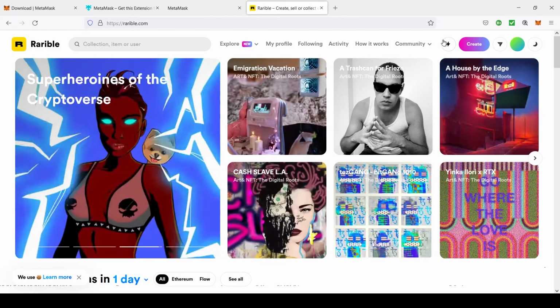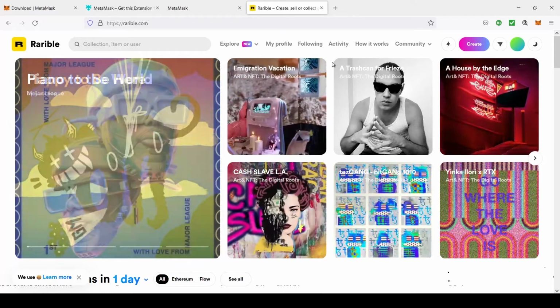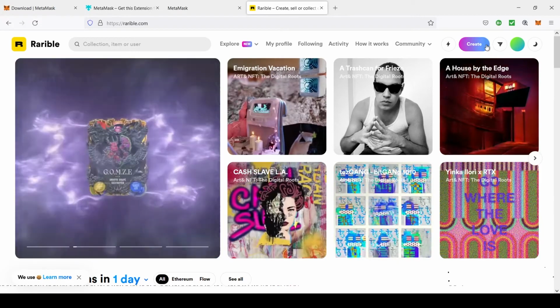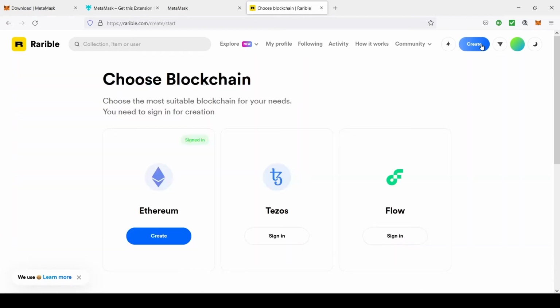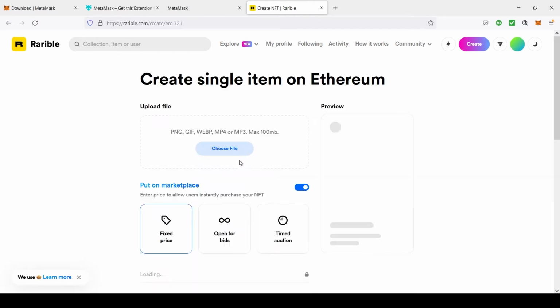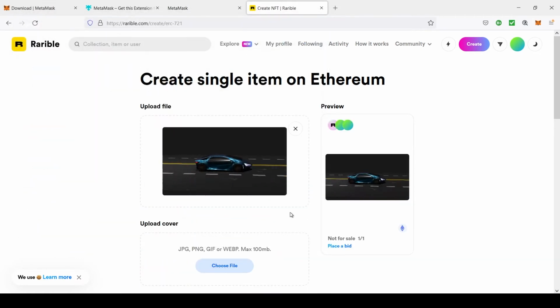So here's a Rarible homepage where you can create your own NFTs to sell and create your own collections, whichever way you want to go there, but we're going to create one. So hit create, and we'll be using Ethereum, and you can create single or multiple NFTs, but I just want one rare NFT. Choose the file that you want to create. So here we have this piece here for the beautiful shark design I've made,